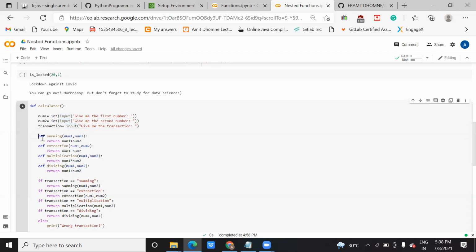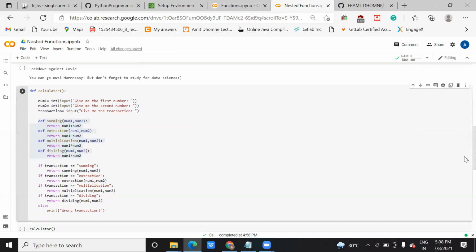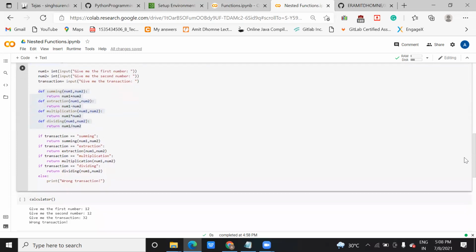Now this is your main function. As we define a function calculator, it is based on arithmetic calculation, like sum. You can take sum, you can take sub.